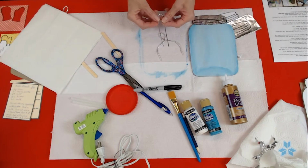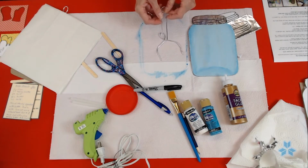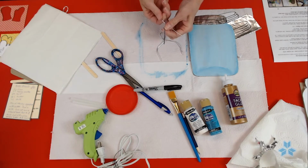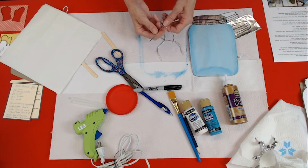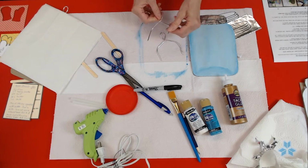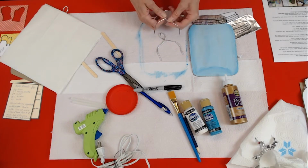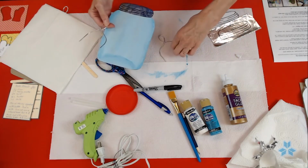Now this wire is very easy, very malleable. It's very easy to twist. So if we do it like this, okay, kind of like that, so we can have a little loop in the middle, and then take our fingers and just kind of go like that, and we can form a wishbone shape, more or less. Doesn't have to be perfect, it's art. There we go. And you can, of course, bend it one way or another, get it the way you like it. Okay, so we'll turn this over,